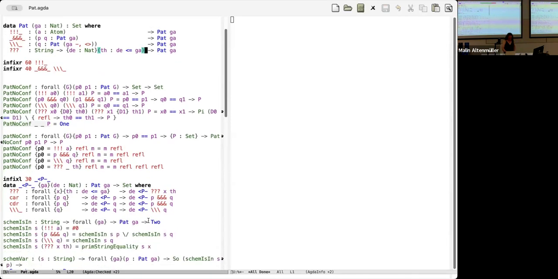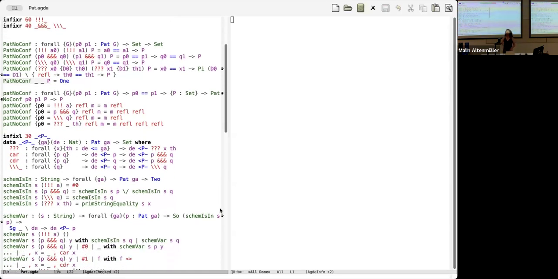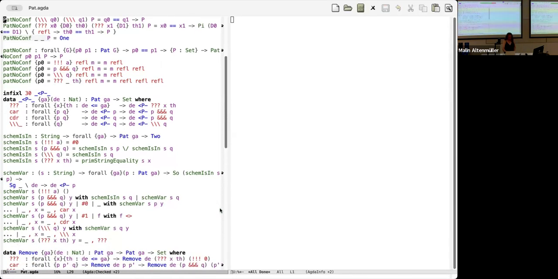So this is how to refer to a pattern variable inside. It's actually given as a path from the root of the pattern to some particular place where there are question marks. And then this was the thing I spent minutes hacking. I thought, okay, but I don't really want to give paths into patterns to talk about stuff. I want to refer to it by name. And I realized that I could write a thing which would look for the string and compute the path if the string was present. Yep.